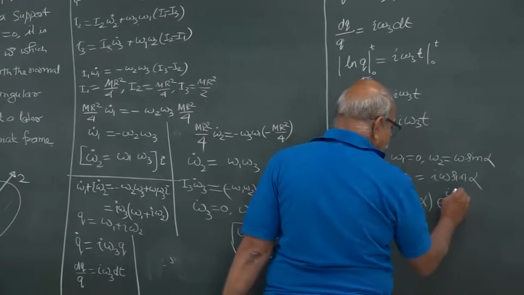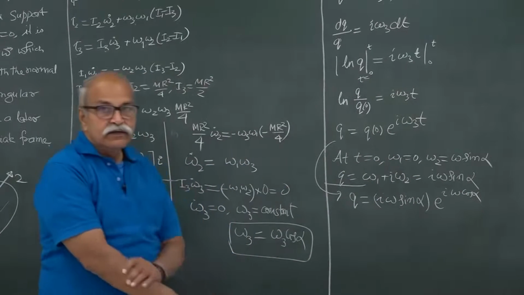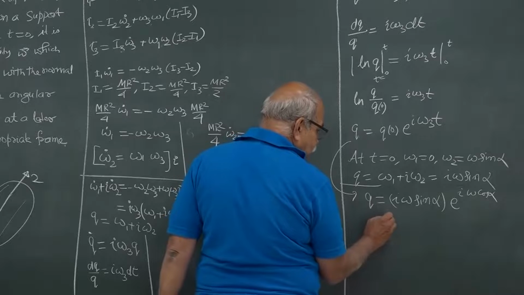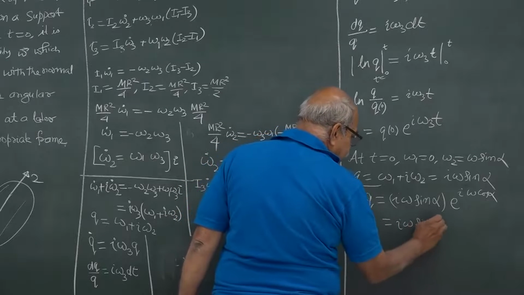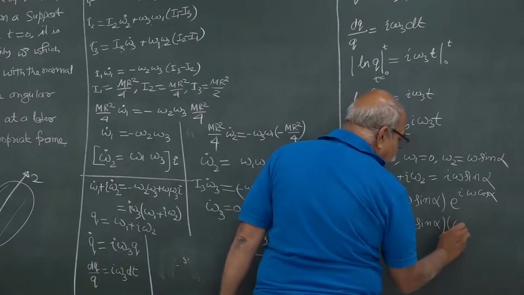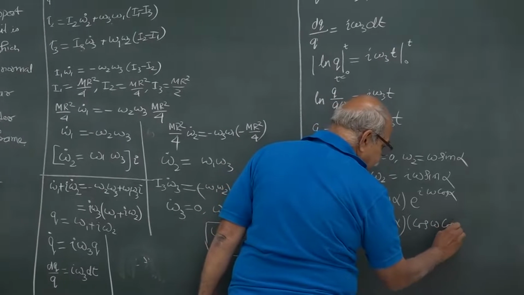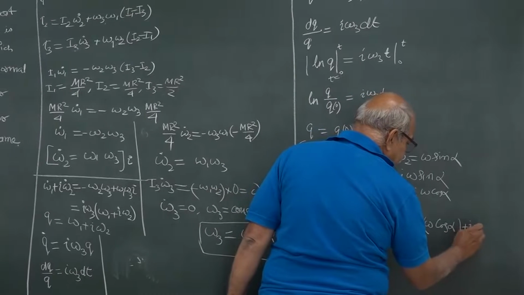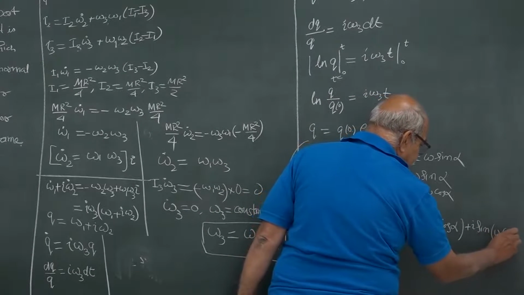So, this is omega cos alpha. So, this is equal to I omega sine alpha multiplied by cos of omega cos alpha plus I times sine of omega cos alpha,